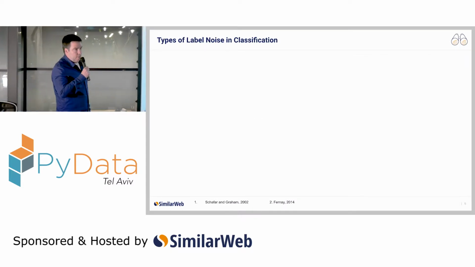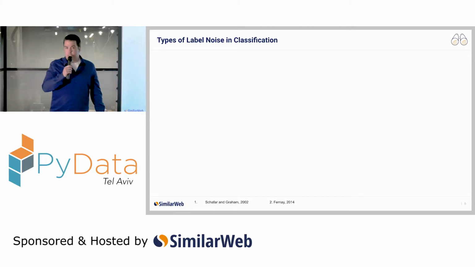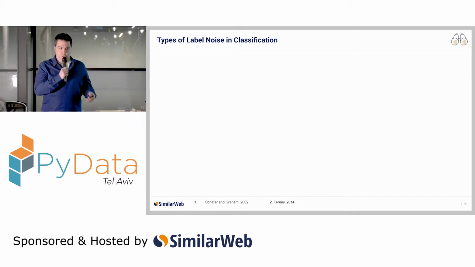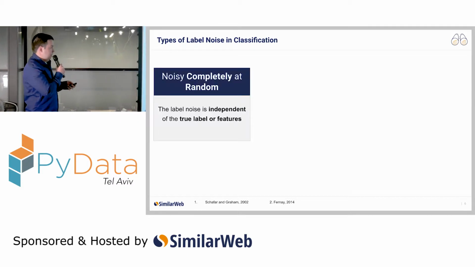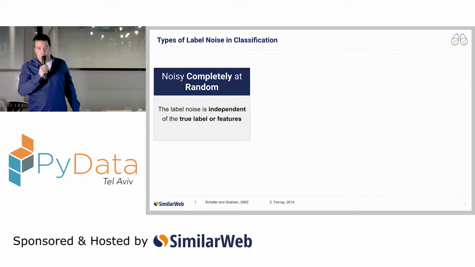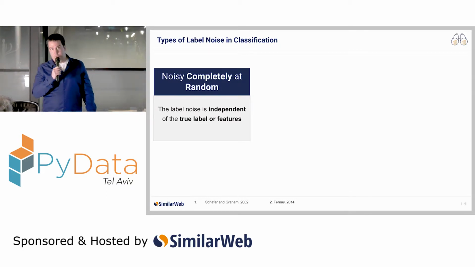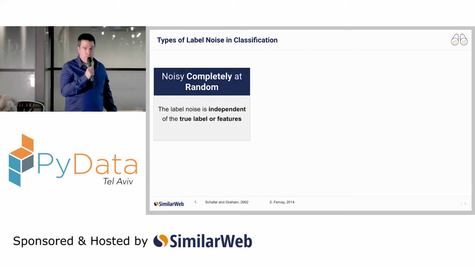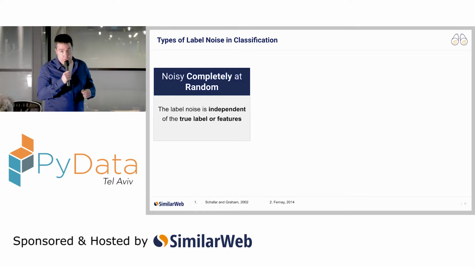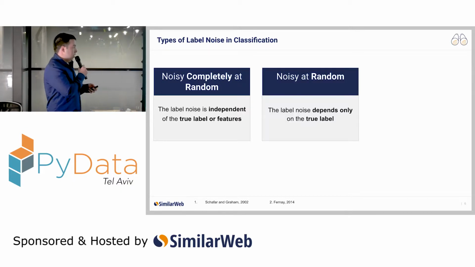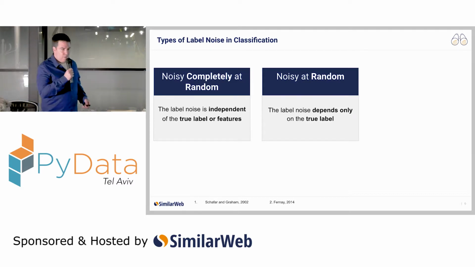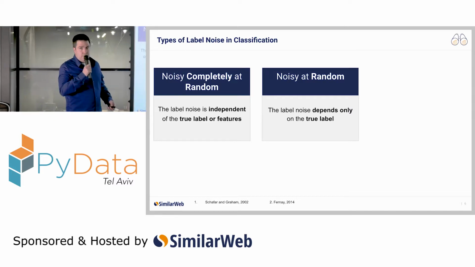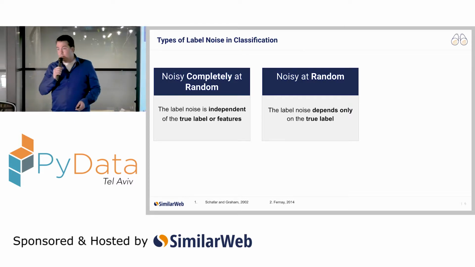If we look at the statistical properties of label noise, we can use the same terminology as in missing values. As such, we can divide label noise into 3 categories. The first is noisy completely at random, in which there is a probability P, which is independent both of the feature space and of the original true label, that the observed label is different from the true label. The second is noisy at random, where the label noise depends solely on the true label, but is still independent of the feature space. This might occur if instances of certain classes are more prone to being misclassified.